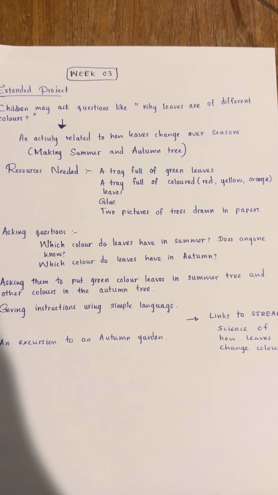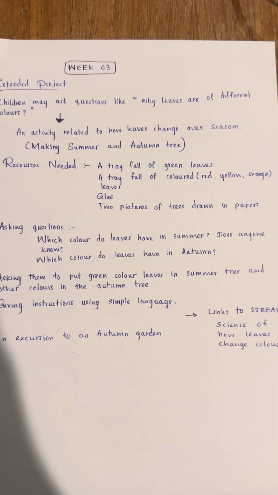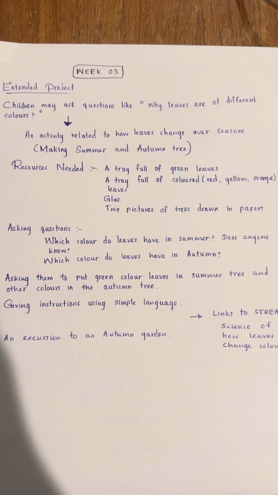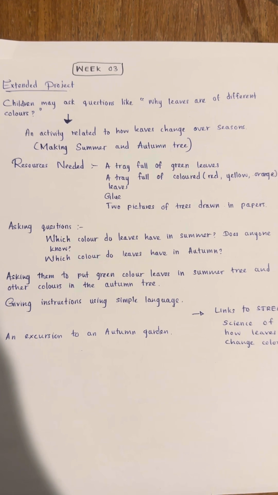This is just to let them know the exact colors of leaves. And then I would ask them to put green leaves in the summer tree and other colors in the autumn